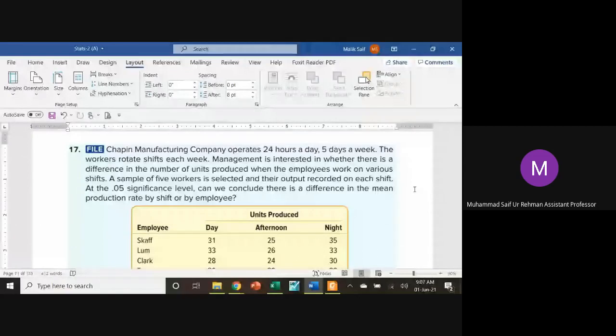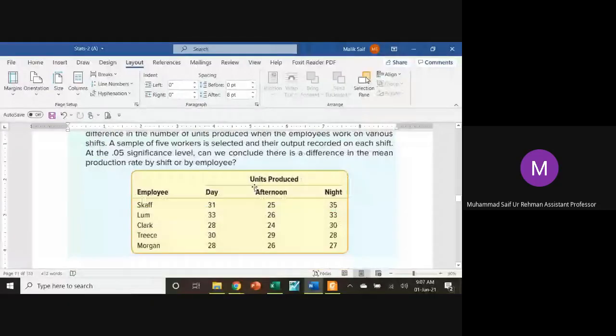One is you can see days, afternoon, and night. These are the shifts. So shifts are involved. And on the other side, workers are involved. So these are the names of the employees. So the question is, can we conclude there is a difference in mean production rate by shifts or by employee? So let's say this is the day shift, and if you add all these values and find the average,